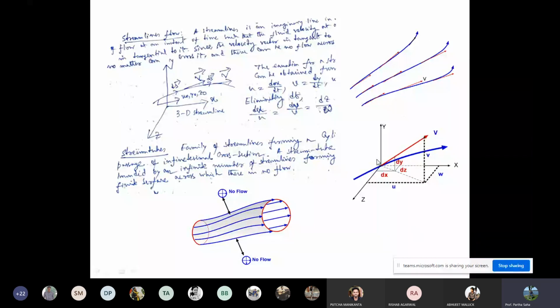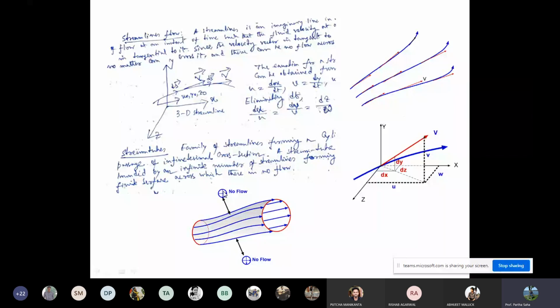And then if you consider a three-dimensional view of the streamline, then you constitute a stream tube. If I take a locus of each point at the onset of the streamline flow and at the end of the streamline flow, then it will constitute a family of streamlines, and this will form a cylindrical passage where no mass or no liquid can flow. As you can see, I have given an arrow here. No liquid can flow across the cross section of this tube, and that area which has been constituted by joining its streamlines is called a stream tube.